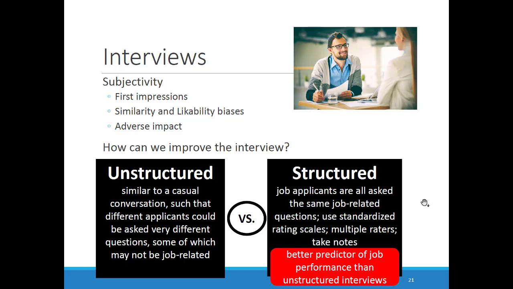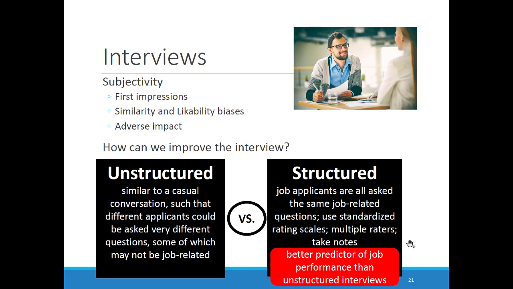Multiple raters are used so that you can mitigate the potential for bias from any one rater. And also, people should take notes during the interview so that they can not just rely on their memory, but they can have notes to refer back to. So the results of structured interviews are much more valid for predicting who's going to perform well on the job